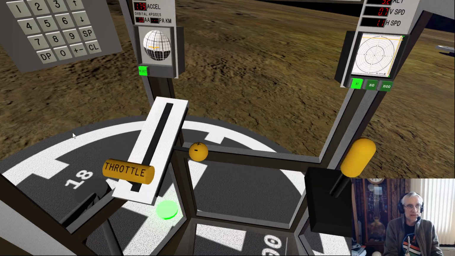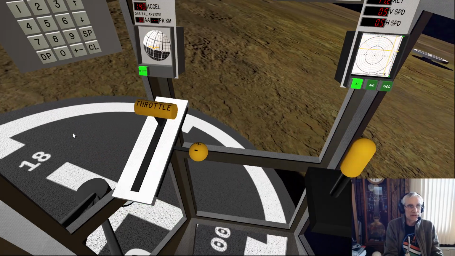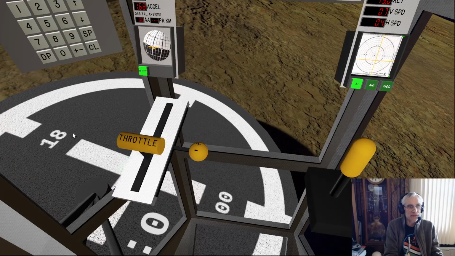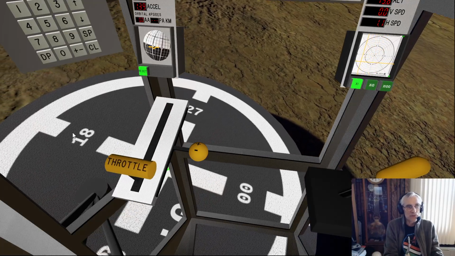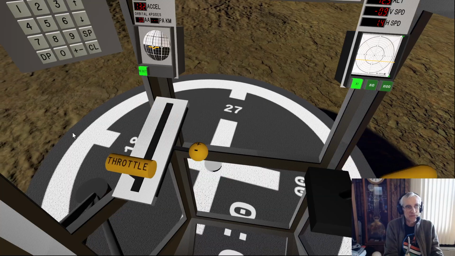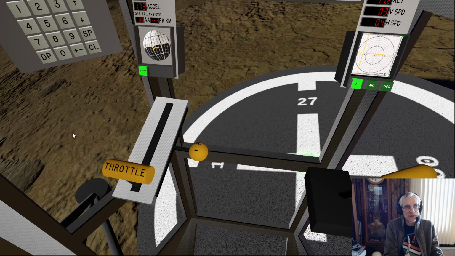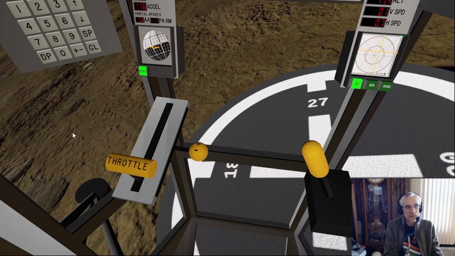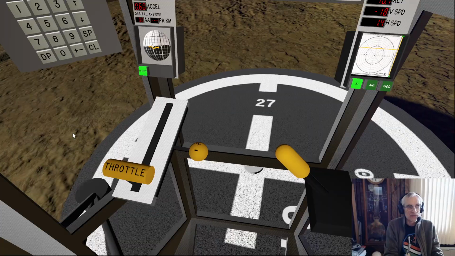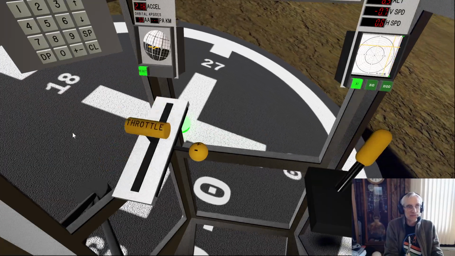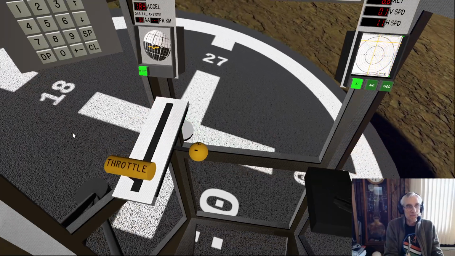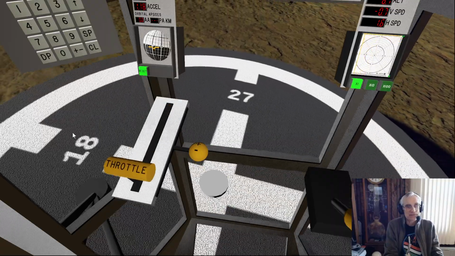Now I also use that display on the left, the little ball, not just as a compass, but as a way of telling me whether I'm nose forward or nose backward, tipping to the left or to the right. And that helps me an awful lot in figuring out whether I am going to be accelerating in one direction or the other. Particularly useful if we're flying at night.